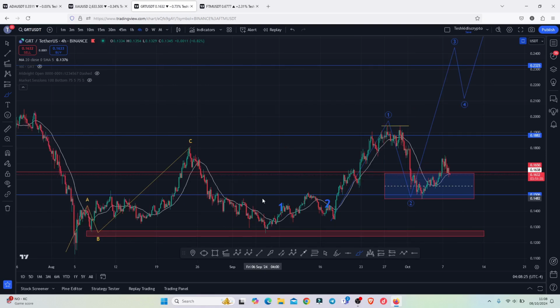So that is all I'm expecting to play out here on the GRT chart. And I've also given you the key areas of support that you need to continue holding. So let's be patient and see how that plays out. And I will be keeping you up to date